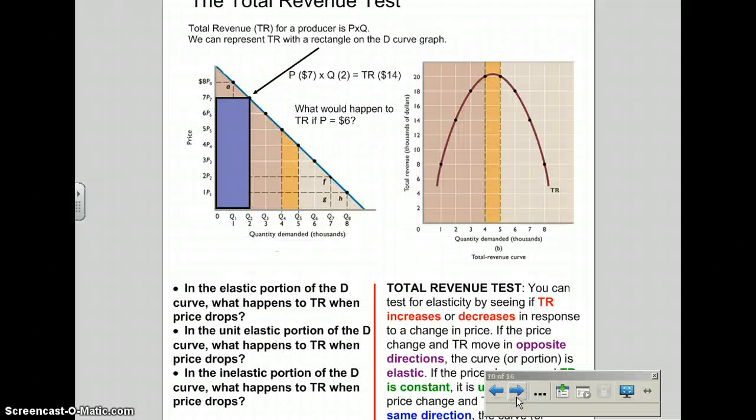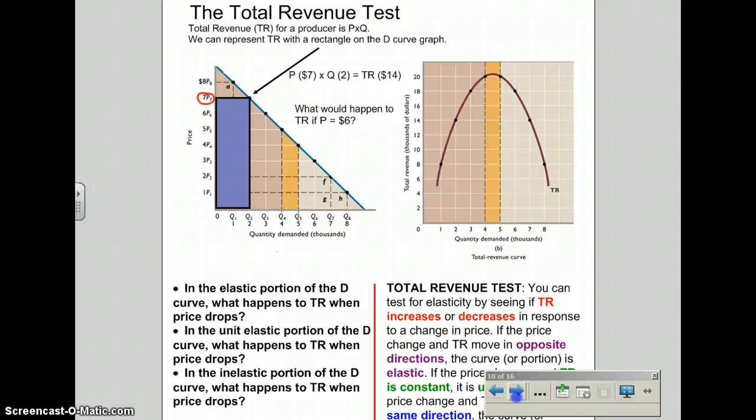What we will use more typically to be able to calculate this is the total revenue test. The total revenue test is using a calculation of total revenue and comparing what happens to total revenue in response to a change in price to figure out elasticity. So if we look at the price of 7 here,